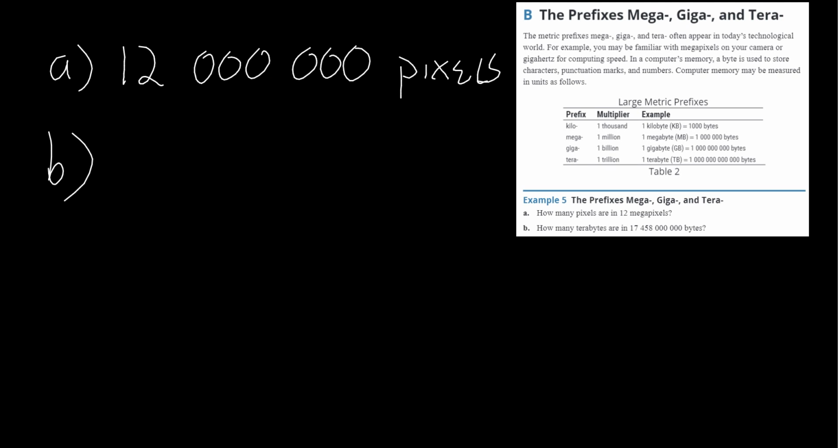So how many terabytes are in 17 billion bytes? Okay, so tera is in trillions. If tera is in trillions and we want to know how many terabytes are in 17 billion bytes, then we basically divide by the terabyte. So we're going to say